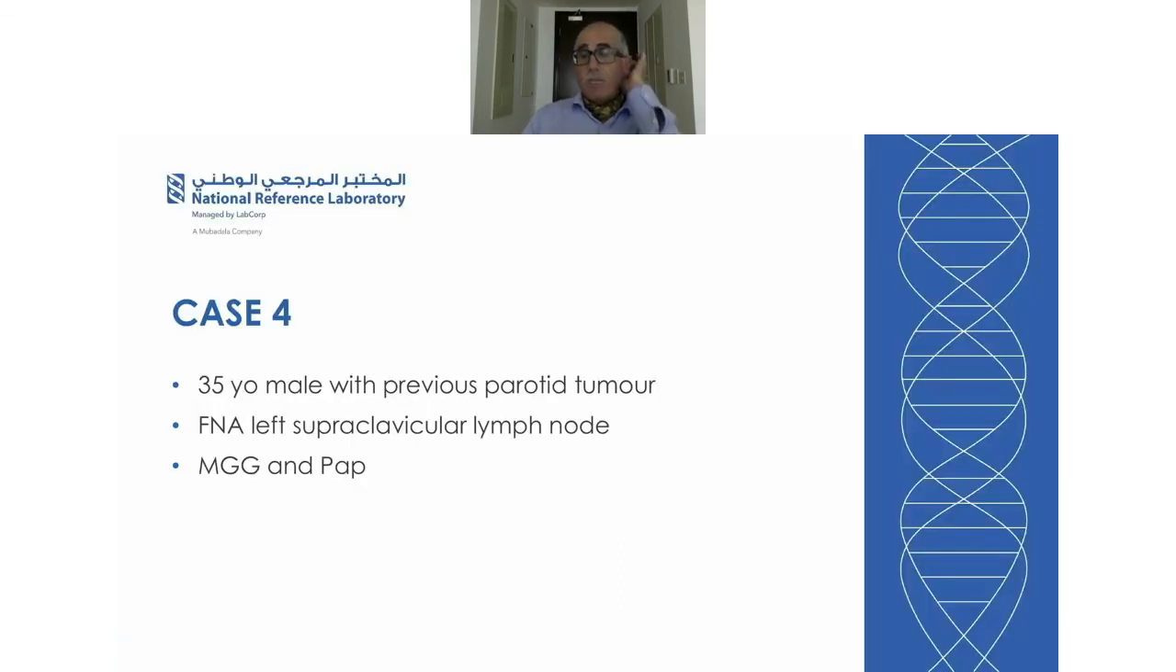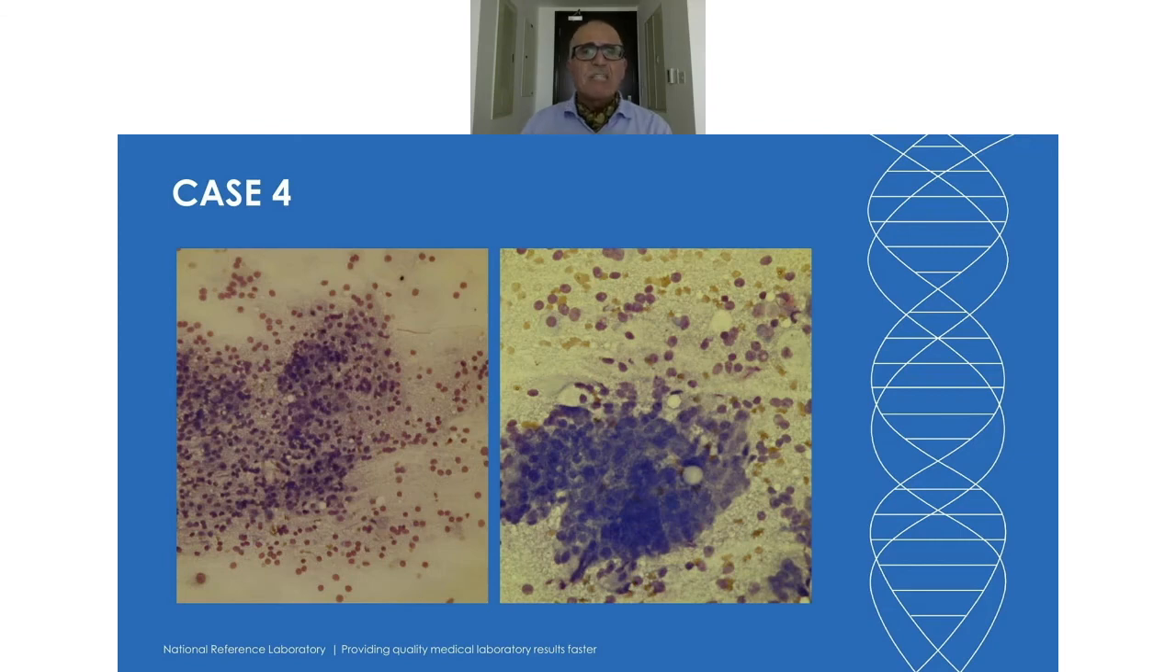Case number 4, which is the last of our cases, but in future we'll add many more on that website where these cases are already digitally scanned. There's a 35-year-old male with previous parotid tumor, FNA of the left supraclavicular node, and we have both the MGG and the Papanicolaou. It's an extremely cellular lesion, as you can see, so immediately it arouses suspicion, and the